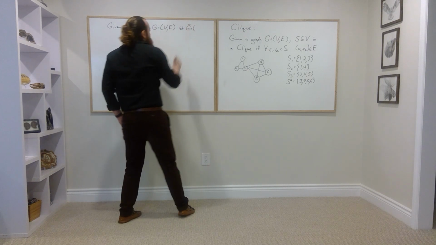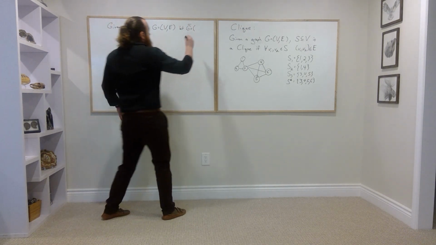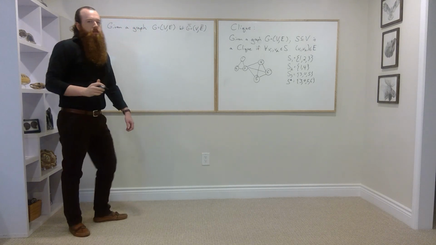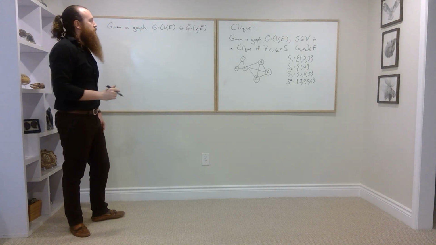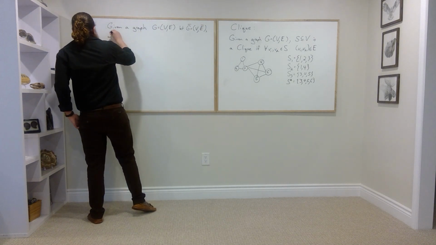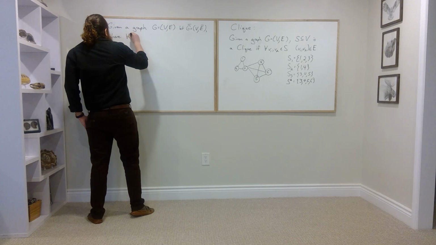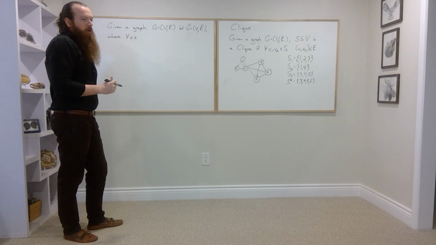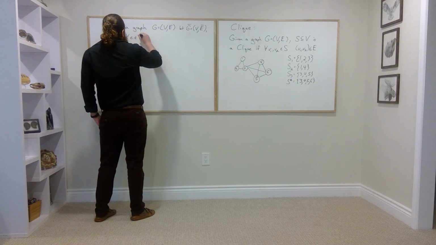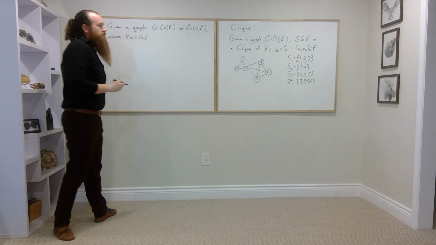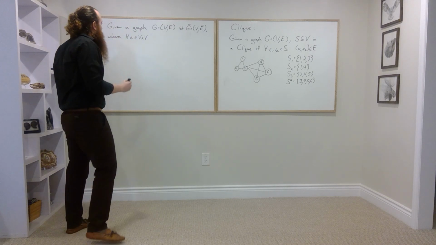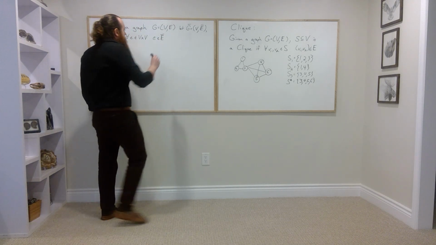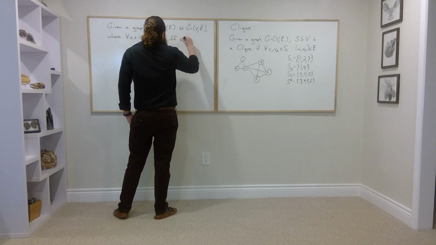equal, and what's G bar going to equal? It's going to be the exact same set of vertices, so the exact same set of nodes as G, except it's going to have this E bar as its set of edges. What's E bar? Well, for all edges, what's a potential edge? What is an edge potentially a set of? Well, it's going to be V cross V. So for all edges, V cross V, so for all two pairs of vertices, for all potential edges, we're going to say e is an element of E bar if and only if e is not an element